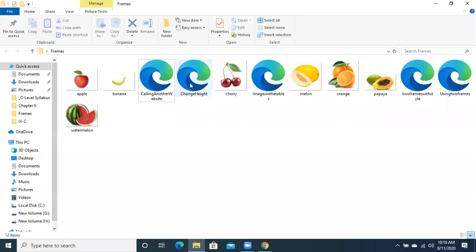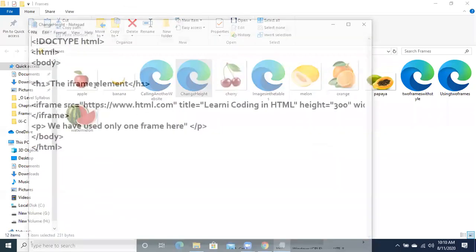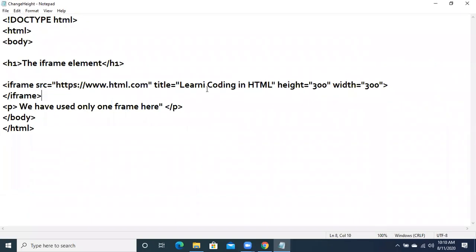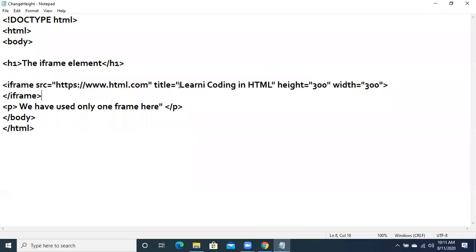Acha ji, now see another thing. If we change something, now see another example. I am going to do the same thing. The same frame is there, but I am going to add some more things, which is basically the height and the width. Now see, the coding is the same as we had done earlier, but now we are mentioning the height. I'm going to set the height to 300 and width to 300.